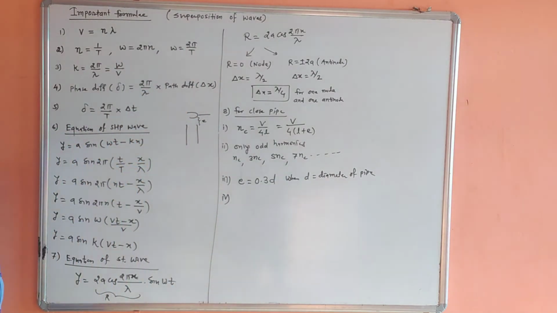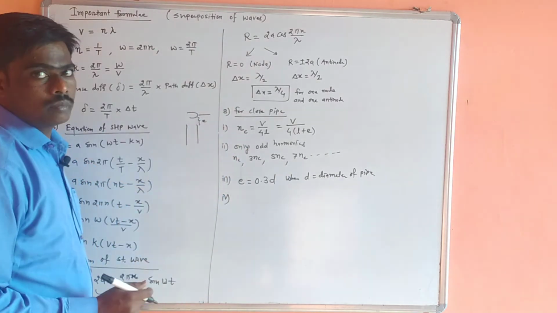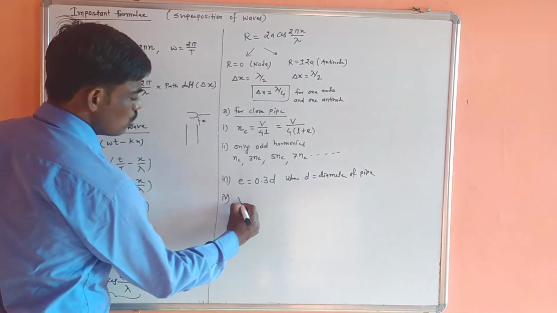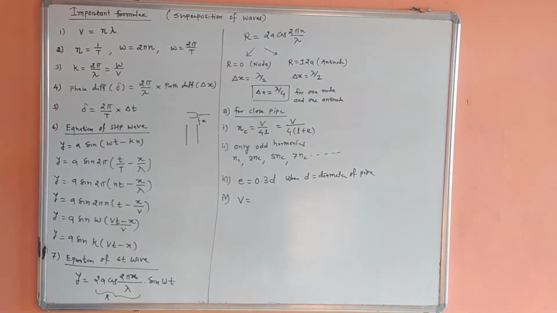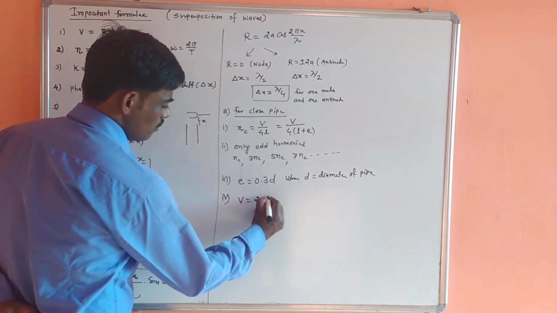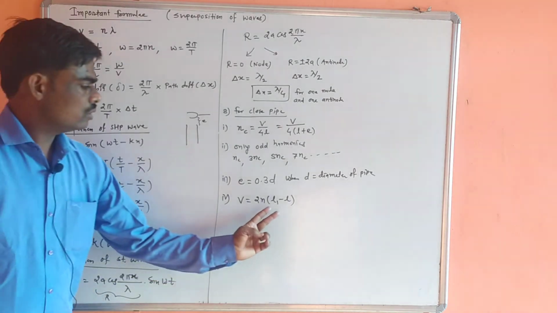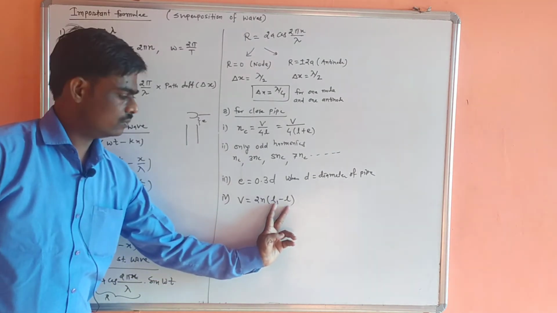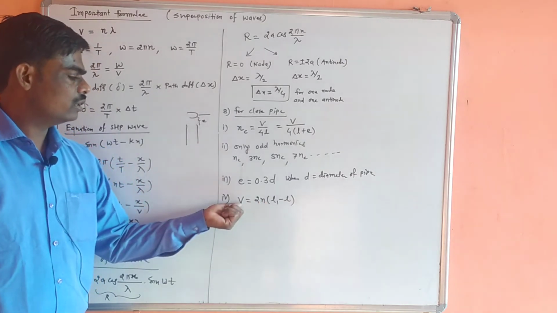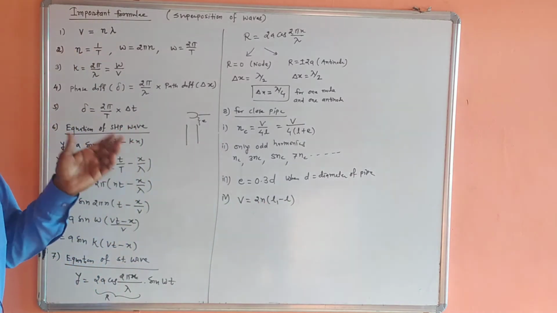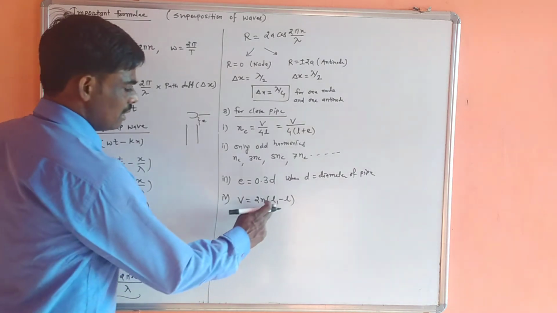There is one experiment, the resonance tube experiment, which is completely based on the theory of closed pipe, and in that experiment we find out the velocity of sound. It is twice n (L1 minus L). These are two resonating lengths, L1 and L. These are called resonating lengths, and we get the velocity of sound at that room temperature, twice n (L1 minus L).